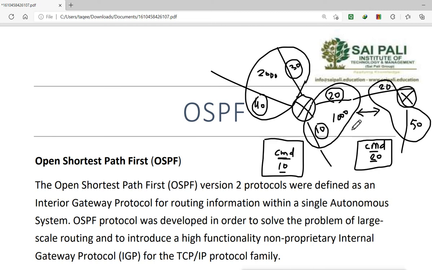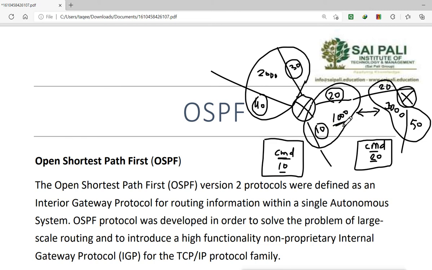That does not mean that if we have used process ID 1000 here for these two to do the routing with the other two, we have to use 1000 here as well. It is not necessary. We can use 2000 here, or we can use 3000 here.